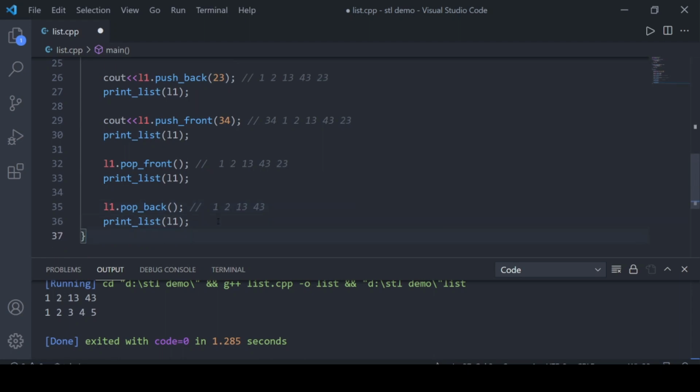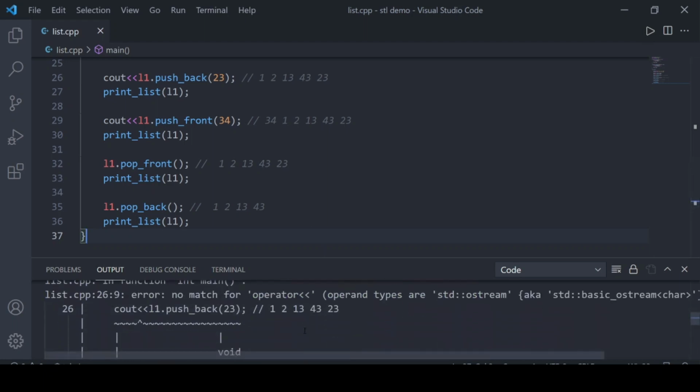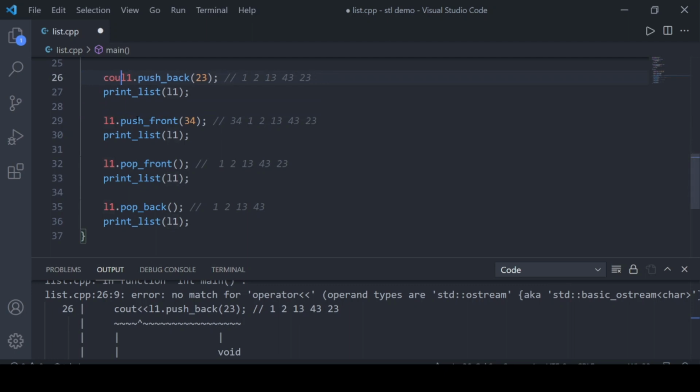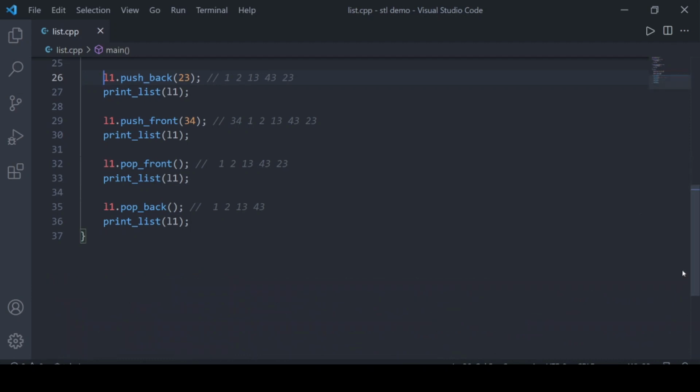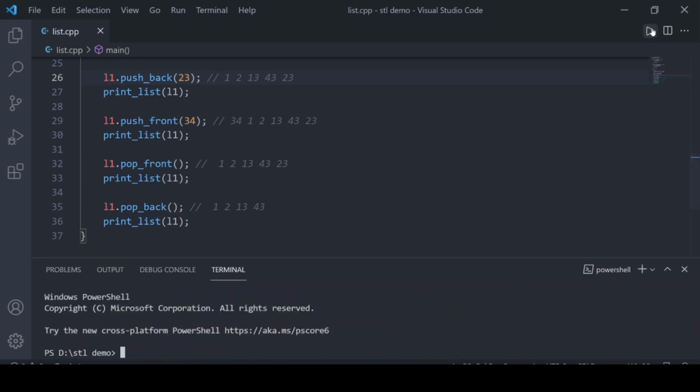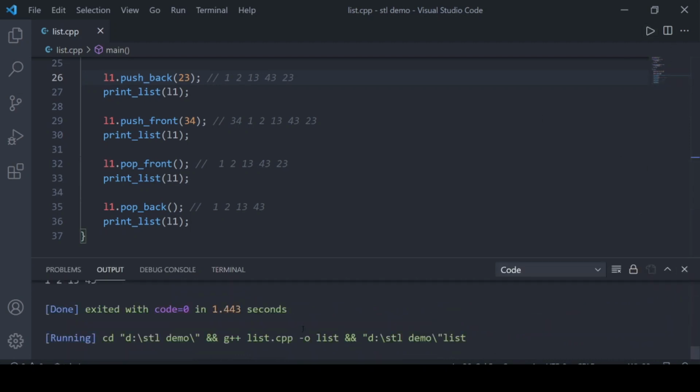Okay, so let's check all the things and verify whether it looks like what we thought. Okay, so it's not like that, it's just push front. Let's see why it's giving some errors. Let's run that.